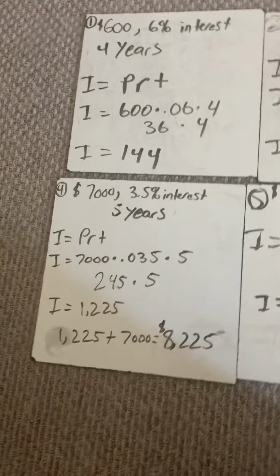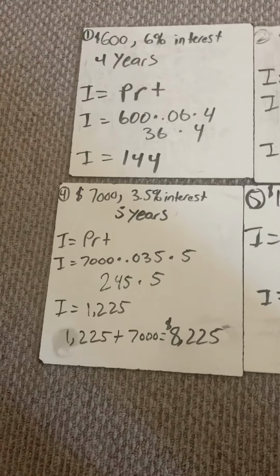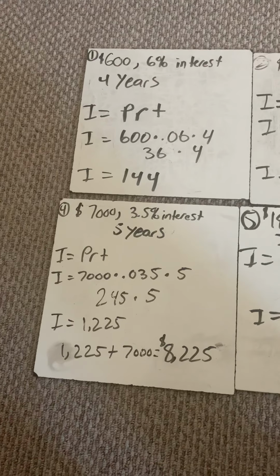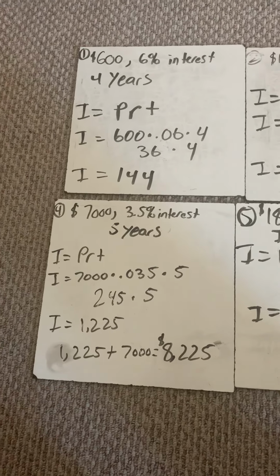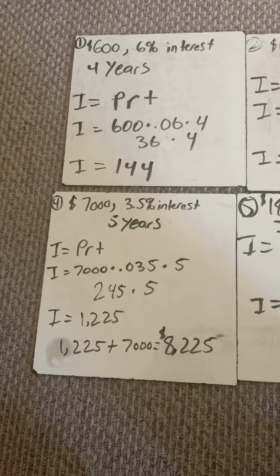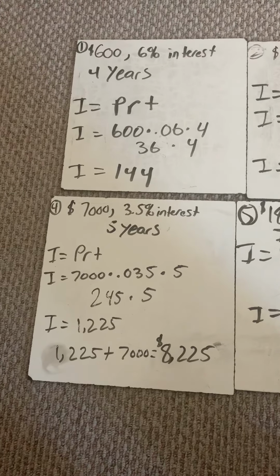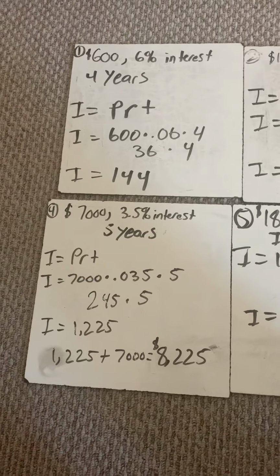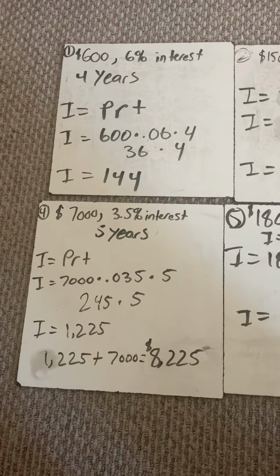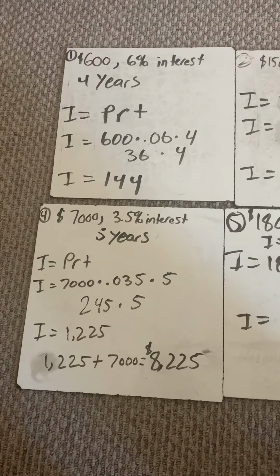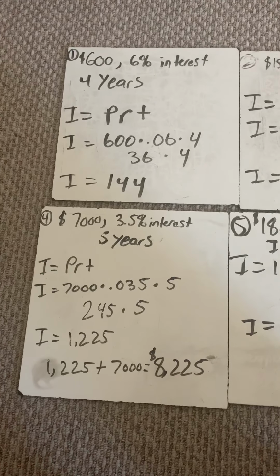Problem number 3 was you were buying a car for $7,000. But you don't have $7,000, so you have 3.5% interest for 5 years. I equals PRT, which means 7,000 times 0.035 times 5. 7,000 times 0.035 is 245. Times that by 5 means an interest of